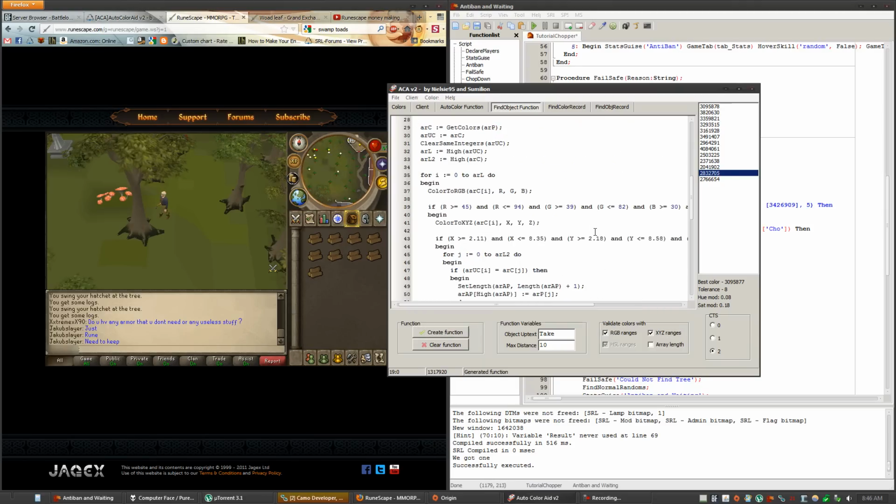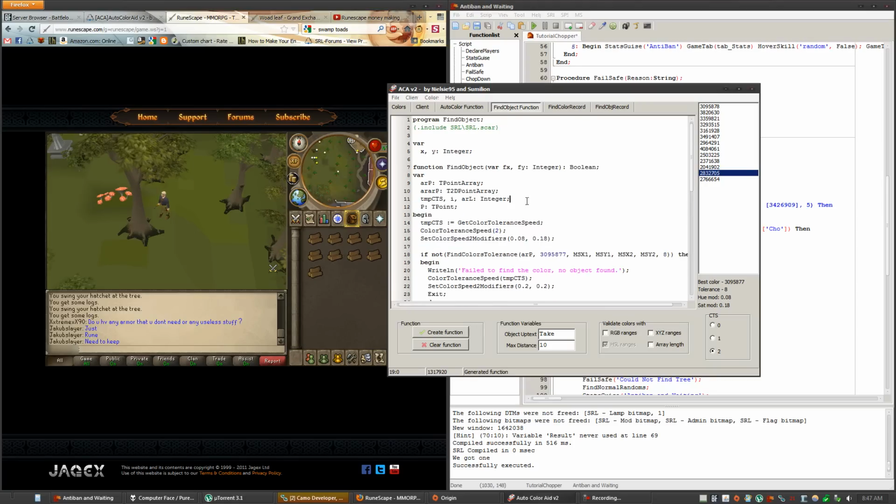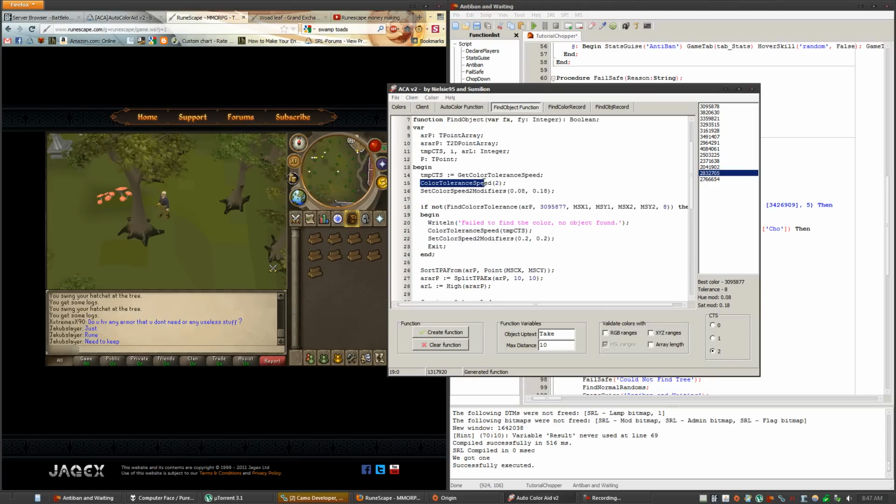So, as you can see in the code right here and here, what it's doing is making sure these colors fall within these different RGB and XYZ ranges. And RGB, XYZ, they're just basically different ways to look at and define color. And I actually never really use those. I bet they're very fast and stuff, but they do use a few milliseconds more of time, which is okay, but I'd rather just have the minimal amount of stuff, which is, what it does is it sets the color